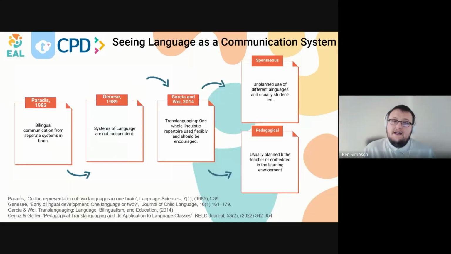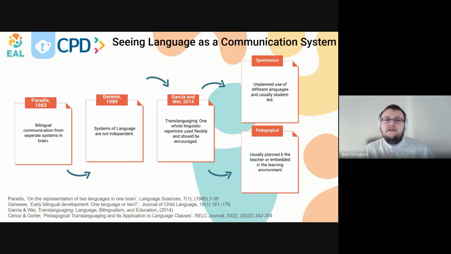So earlier in academic thought, researchers like Paradis believed multilingual speakers developed knowledge or memory in separate systems. So they believed that you had an English side or a Spanish side, an English section and a Spanish section, and language took from two separate systems or two separate bins, shall we say. However, today, thanks to the evolution in thought and theory, the general consensus is that knowledge, memory, and language development are part of one whole linguistic repertoire. So a student's memory bank or knowledge base can therefore be used by both the home language and the target language, which allows for this idea of translanguaging.